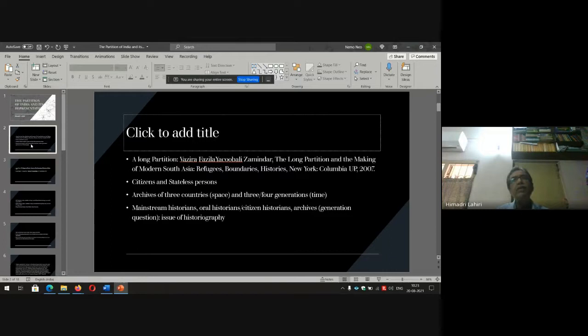For example, you go to the common people, you take interviews, conduct a series of interviews, you survey, and then you can have lots of materials which were absent in the first generation of historical works written by the first post-partition generation of historians. So generation matters. Generation of historians matters. Generation of literature writers,